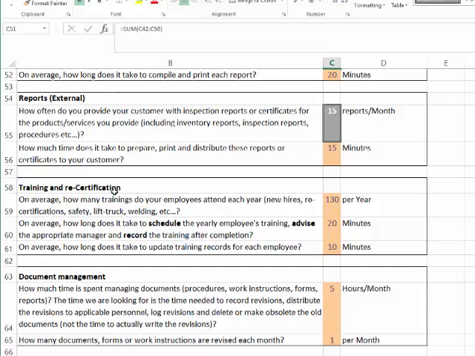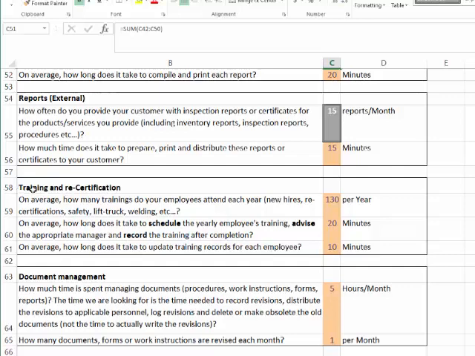Training, so with let's say 50 or 60 employees a year, just with recertifications, safety training, people moving jobs and having to be retrained, we have about 130 trainings that have to be planned each year. And it takes about 20 minutes to get those planned, to advise the trainer and the trainee and set up the calendars so everybody's matching. And once the training is completed, it takes about 10 minutes going into each individual's file to update their employee